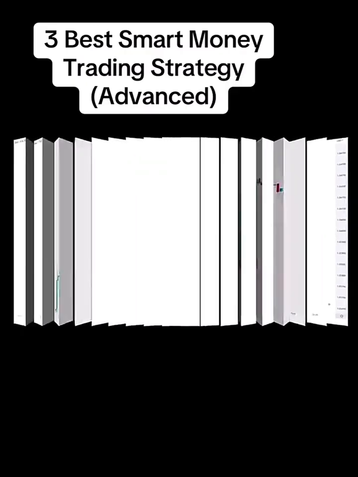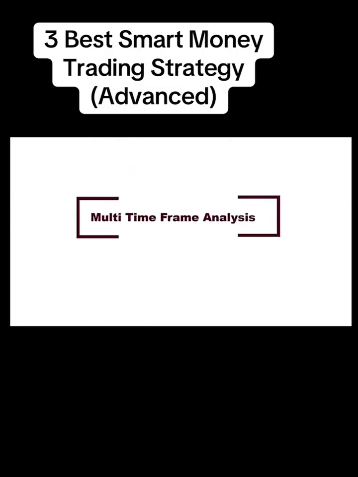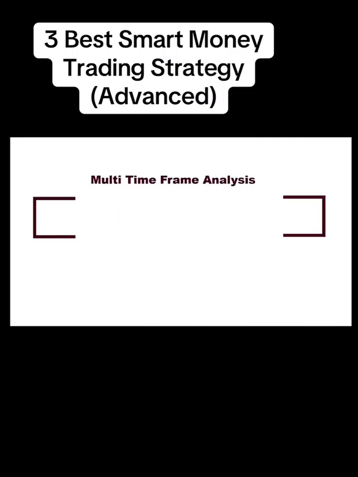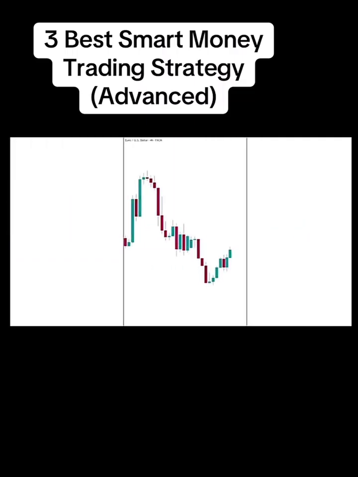So in the final example, let me show what a true multi-time frame analysis looks like, with all of the concepts we discussed earlier. Starting with the 4 hours time frame, we can clearly see that price broke the last demand zone to the downside with inefficiency. So this candle that created the inefficiency will be our order block and a perfect zone to look for short opportunities. So overall, in the 4-hour time frame, we have a bearish bias, and since the price has reached our